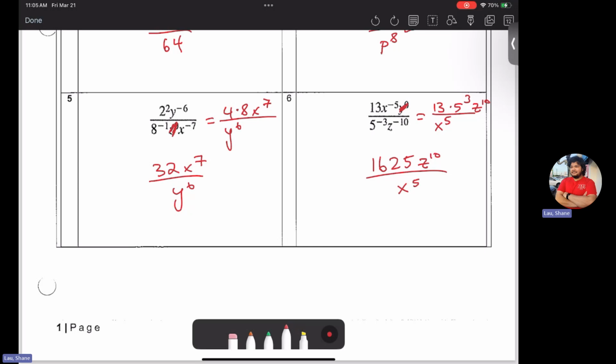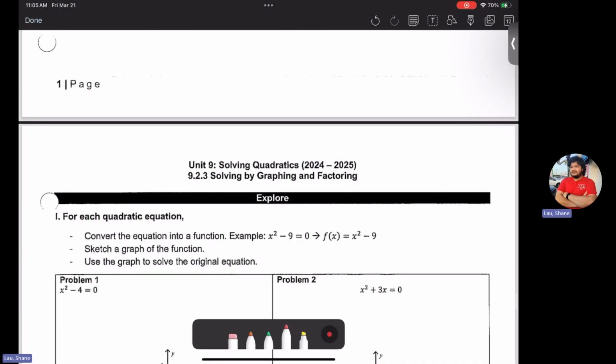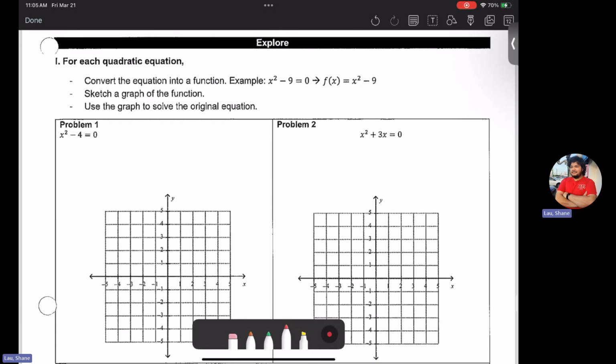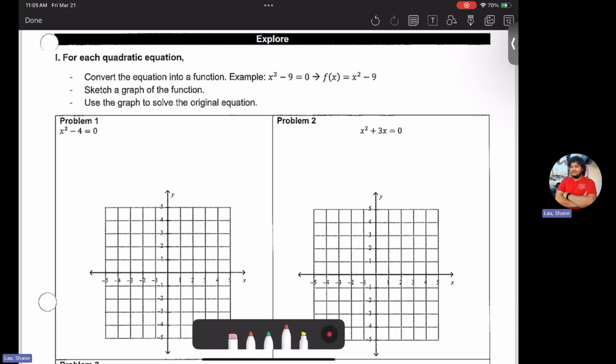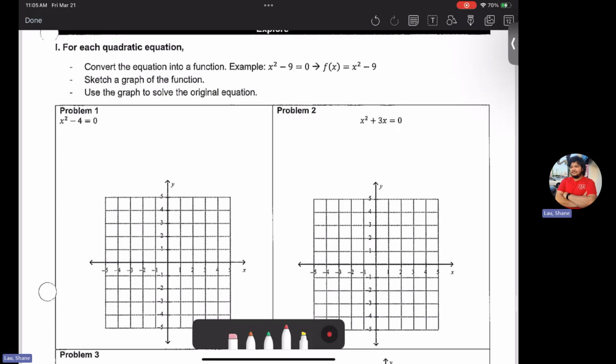And now we'll get into the real part of our lesson today. We're going to first look at our Explorer. For each quadratic equation, convert the equation into a function. Example, x squared minus 9 equals 0 will turn into a function of f of x equals x squared minus 9. We're going to sketch the graph of the function,